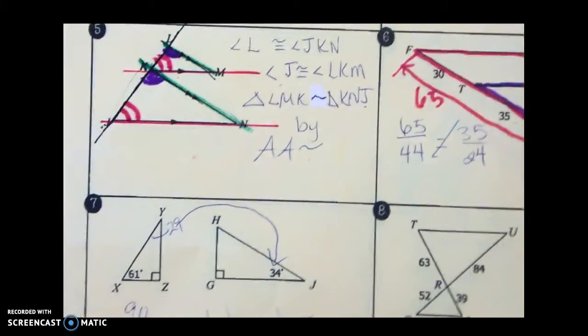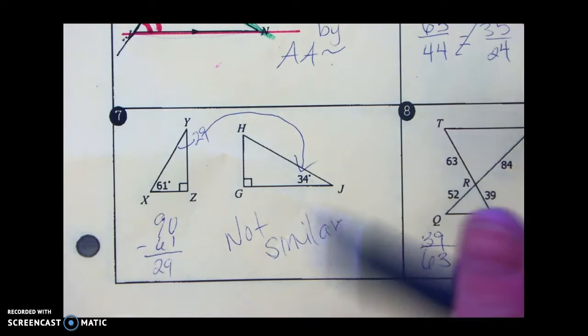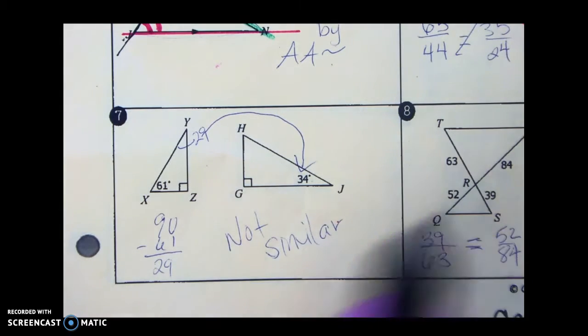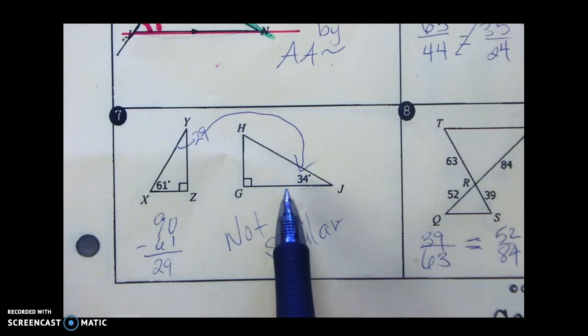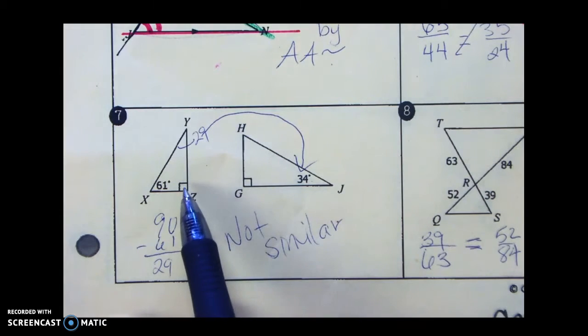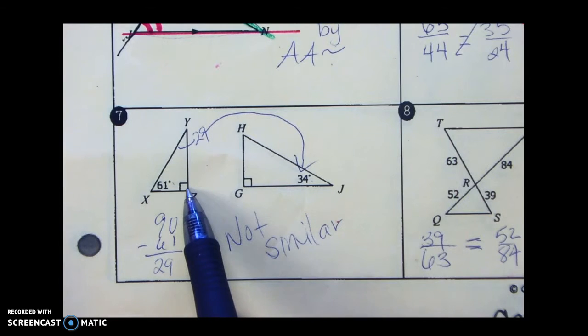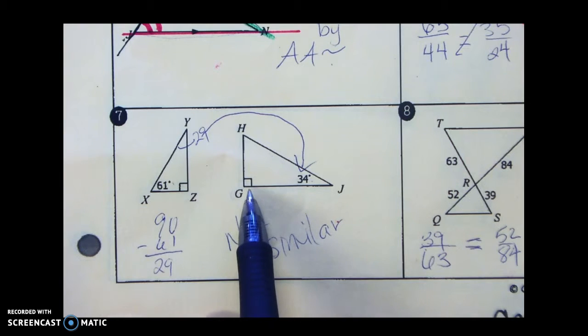Now let's look at the second to last one. One of the things we want to understand here is that with a triangle, all the angles have to add up to 180, and we're looking for congruent angles. So we want to strategize a little bit. If I have this triangle with a 90 degree and a 61 degree angle,